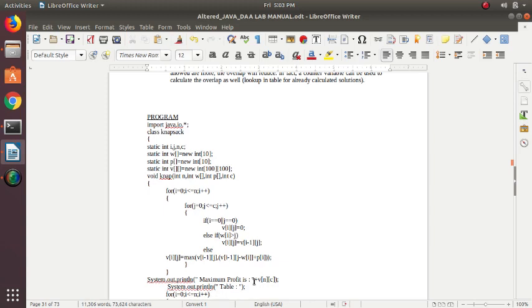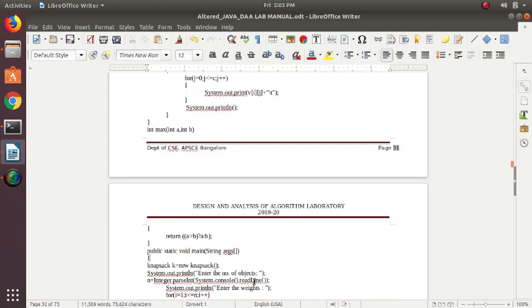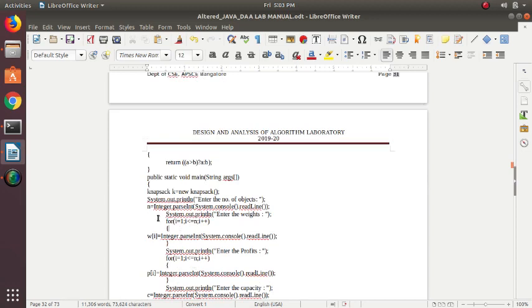We need to get the maximum profit out of the given problem, right? So we need to calculate the max using this function. It's just a comparison: if a is greater than b, it returns a, otherwise it returns b. In the main program, we read an integer, how many objects you want to enter, and then the weights for those objects, which will be added in w of i.